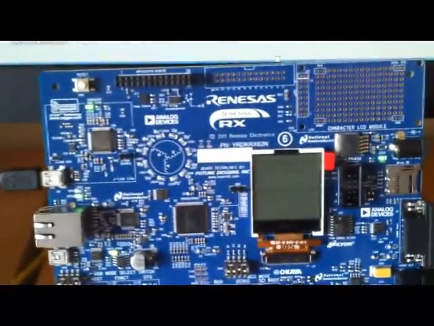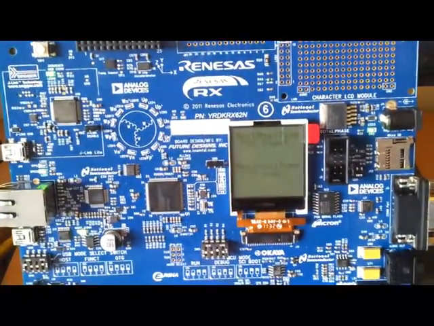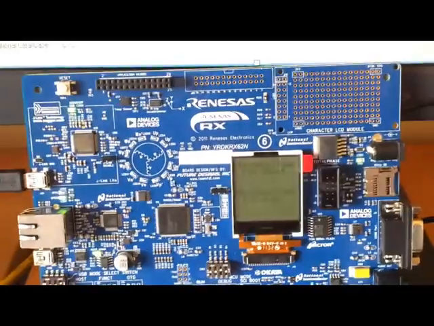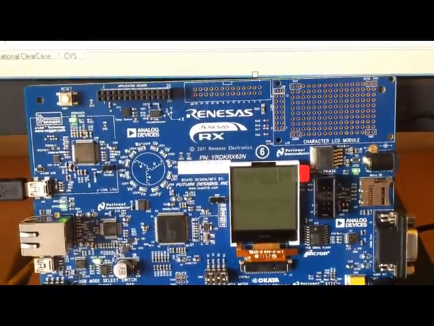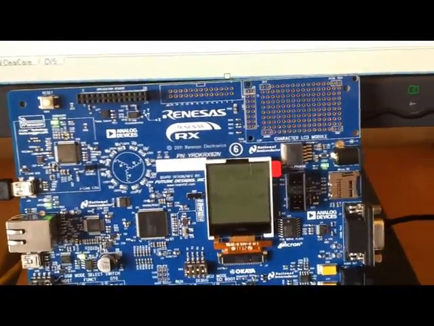So from my PC I can have the connection to the board to debug using the debugger. And there is an LCD screen, and there is a processor. So now I want to show you how to make the